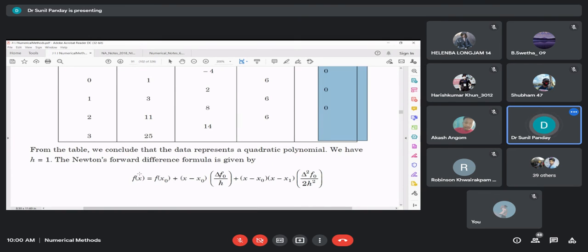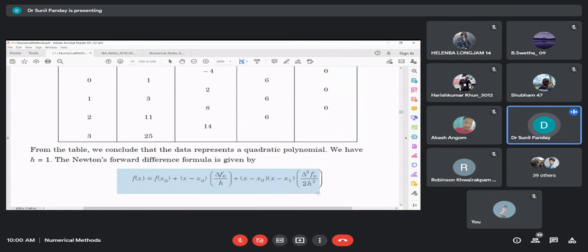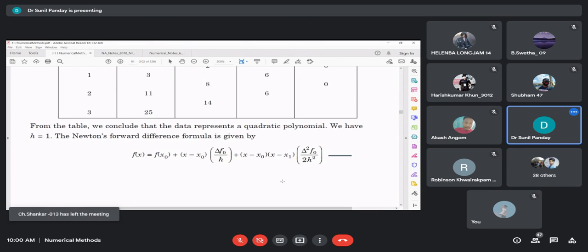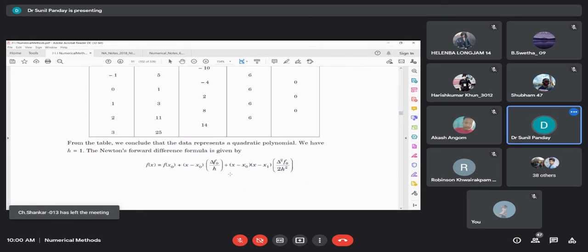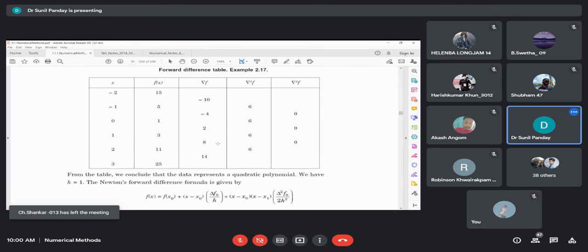So this is the Newton forward interpolation formula, because the third and higher order terms containing these higher order forward differences are zero, so they are not included here. And then you substitute the values. So f of x naught is this one,